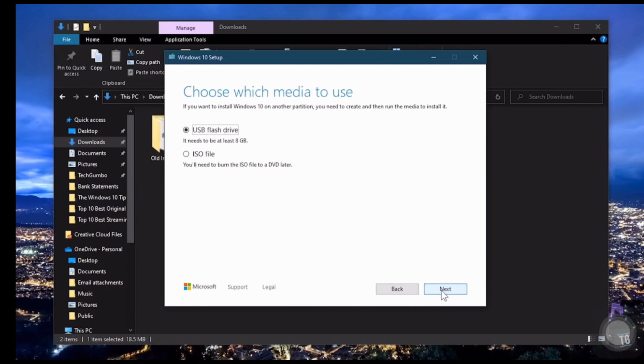It will now ask you to choose your media. Your choices are USB flash drive or ISO file. Select USB flash drive. If you don't have a flash drive at this moment with required storage of at least 8 GB, choosing ISO file lets you save it to your computer so you can burn it to a DVD or USB later on. Before moving forward, if you haven't done so already, plug in your USB drive and select